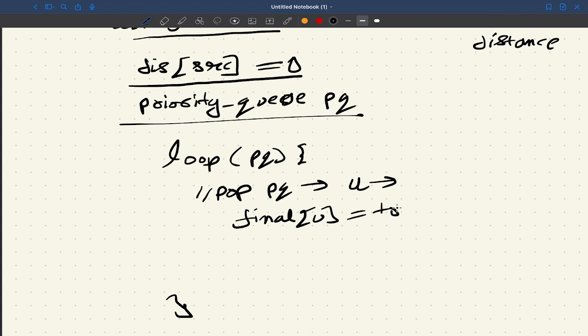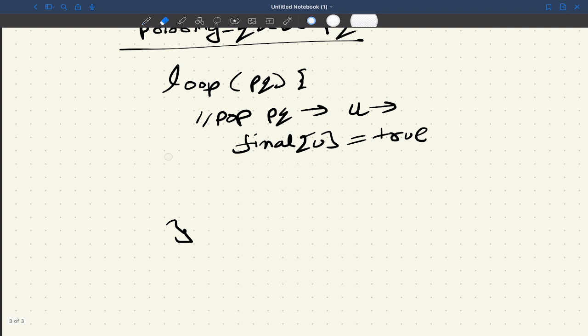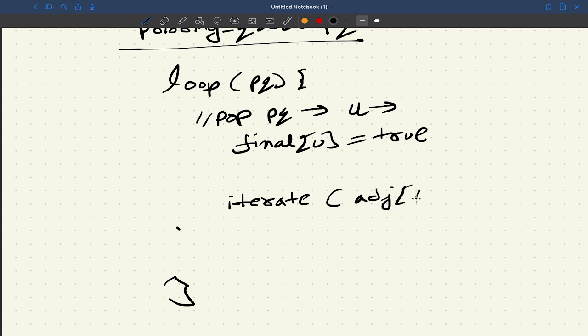And that will become true. After that, I will iterate through neighbors of u. So I'll iterate through the adjacency list of u. So all the nodes which are directly connected to u, I will traverse to those nodes, and I will relax the edge connected